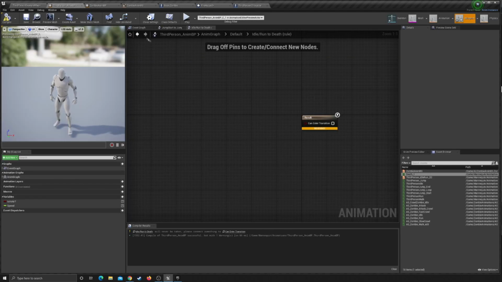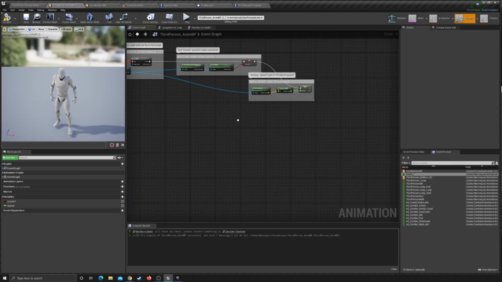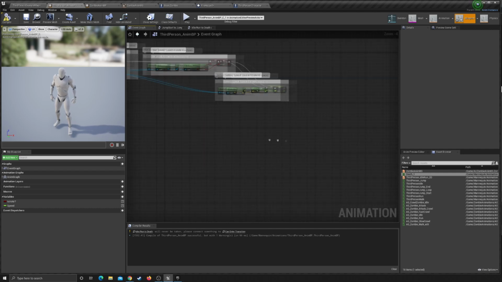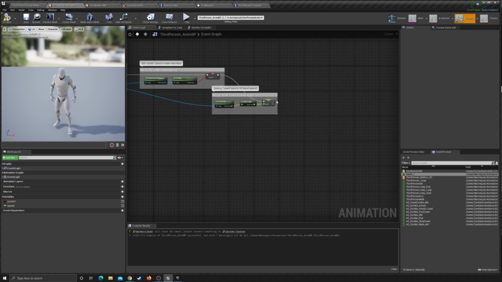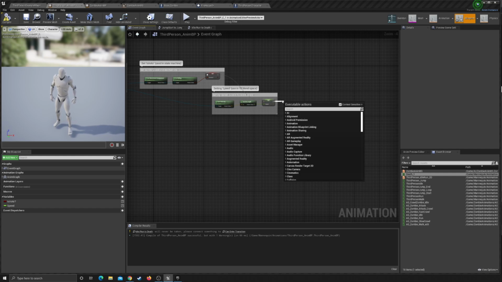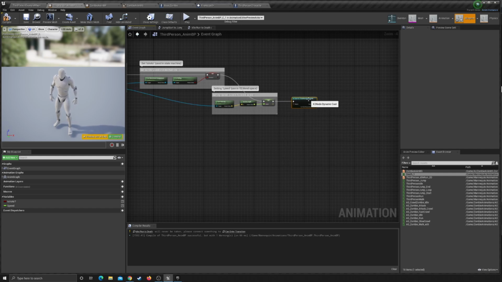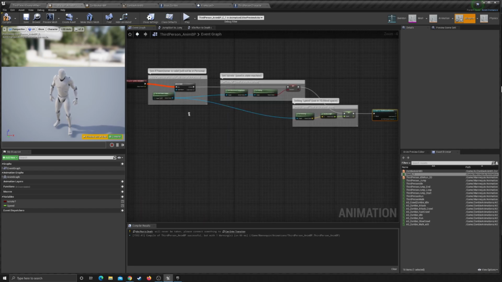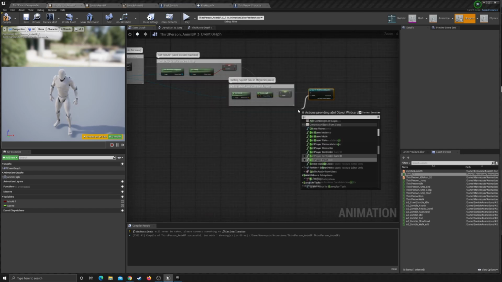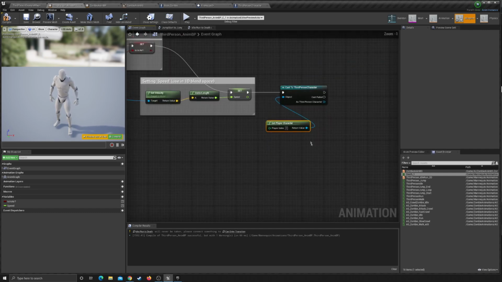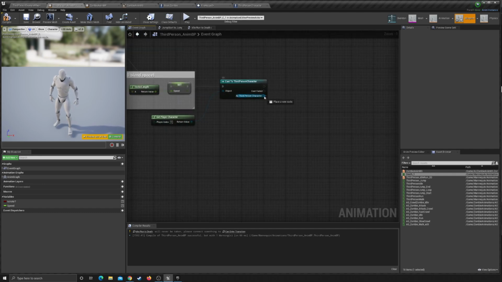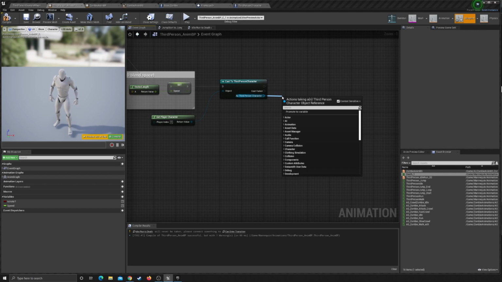So we go back to our animation blueprint and we go into event graph, and then from here you're going to want to get right off of the speed, you want to cast to the third person character that we were using, and we're gonna get the player character, and then as the player character we want to get the health,